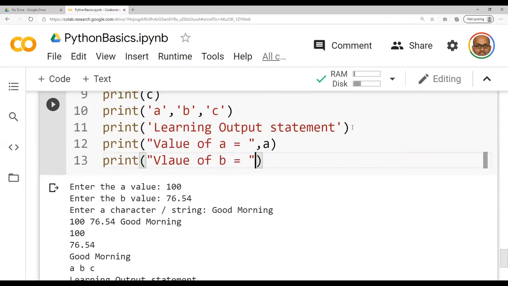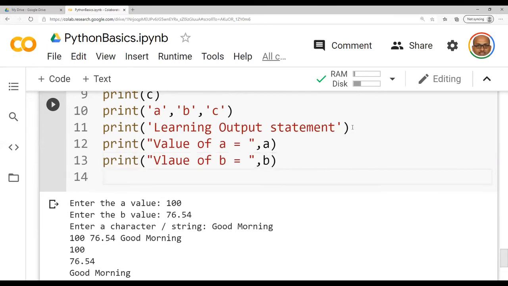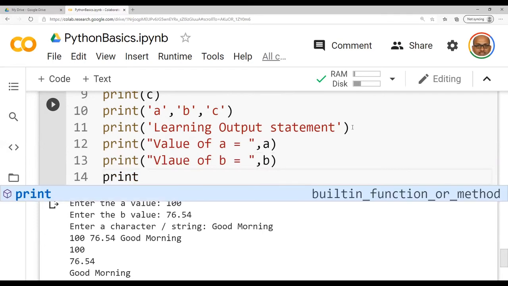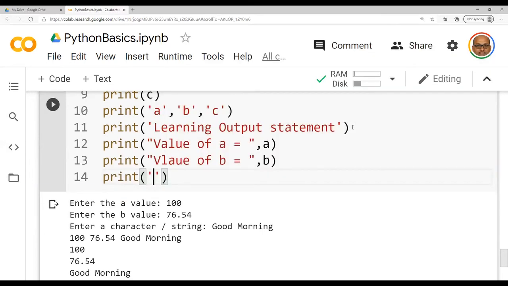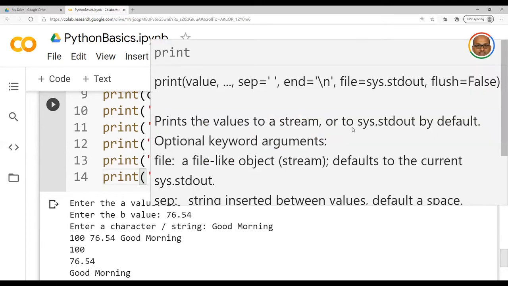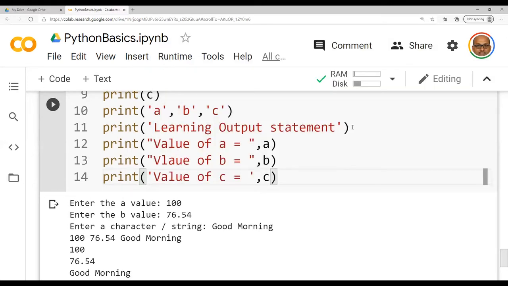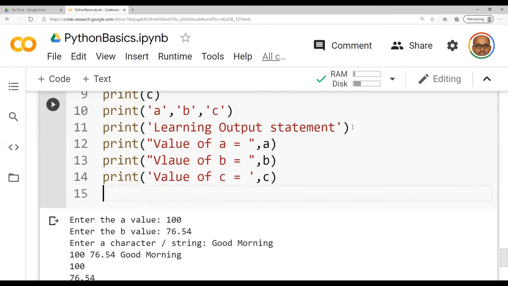I have intentionally given the spelling of value wrongly in line number 13, within quotes. Let us check what output it delivers. Then I am trying to use single quotes also. Value of C is equal to, I am trying to print C. Then one more thing.